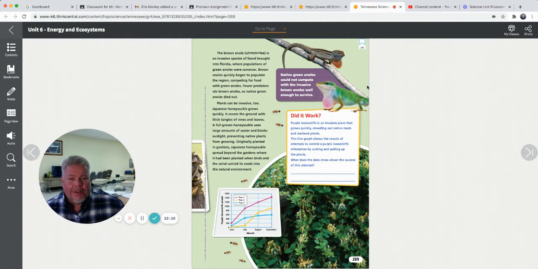So, two examples of plants and animals. The animals here, this little green anole lived in Florida. The brown one didn't, but someone brought the browns in and they took over. Not many other animals ate the brown ones, but they ate the green ones, so the green ones are gone because the brown ones were an invasive species. Plants kind of works the same way. Look at this Japanese honeysuckle taking over. Nothing else can grow there because it's hogging all the sunlight and all the water. It's an invasive species.